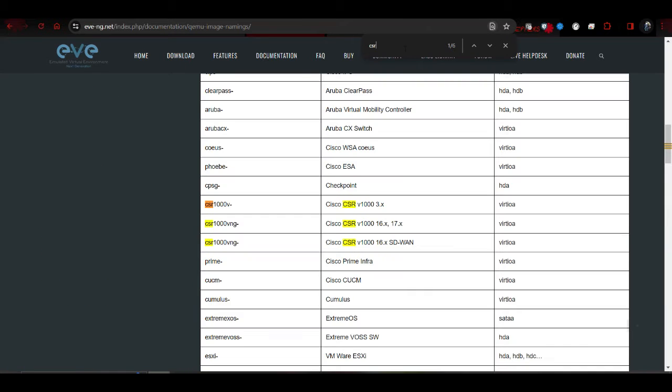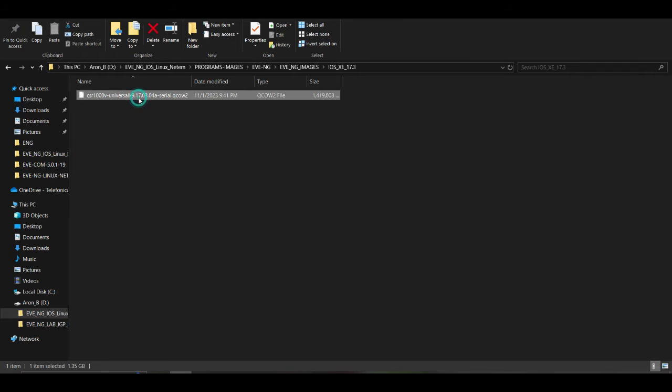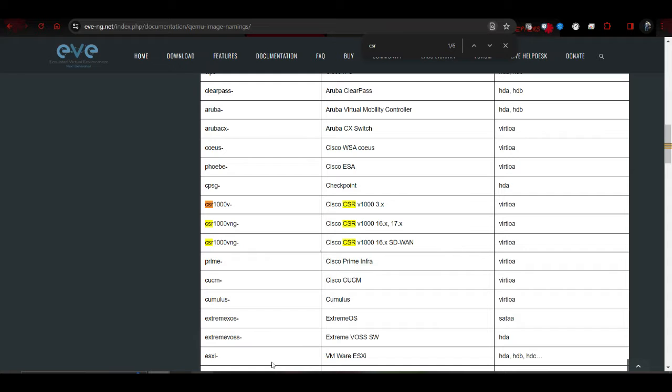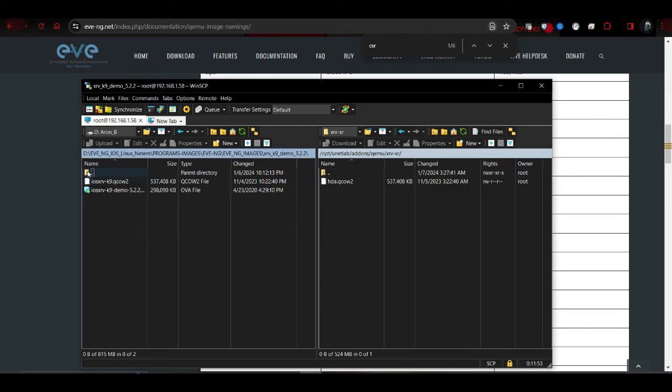You can see these three options. For our example, we have this version. If you see, this version is this one. Okay, you take this name, copy, and now